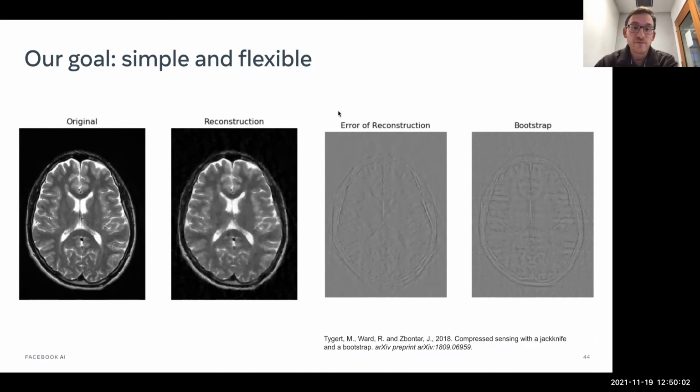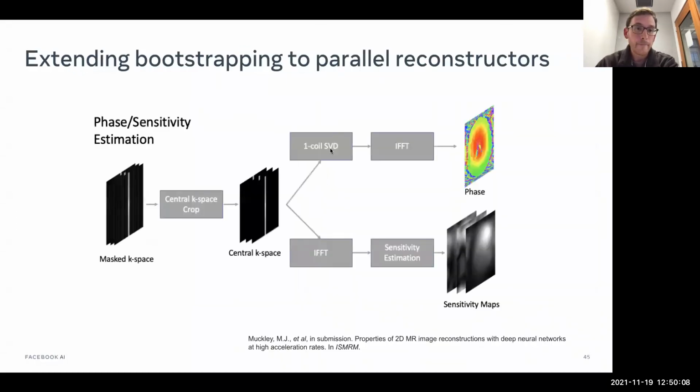So what I did some work on recently was trying to figure out whether there is a way to apply this to a multi-coil case. We tried to apply a few MRI tricks to re-simulate the forward sampling process. The main two things we needed are sensitivity maps, to expand a single coil image out into multiple channels, and phase, to re-simulate the complex phase process. The good thing that helps us quite a bit is that both of these are very smooth, and all our sampling patterns densely sample the central K-space, so we get a lot of the frequencies we need to estimate these quantities.